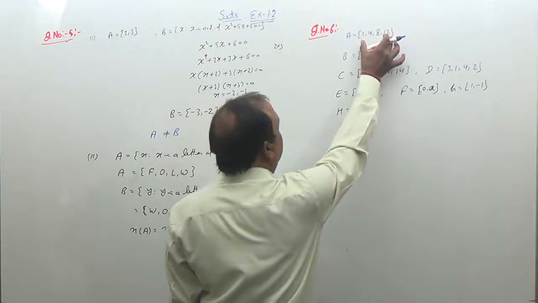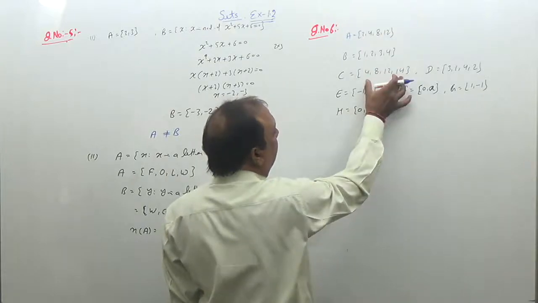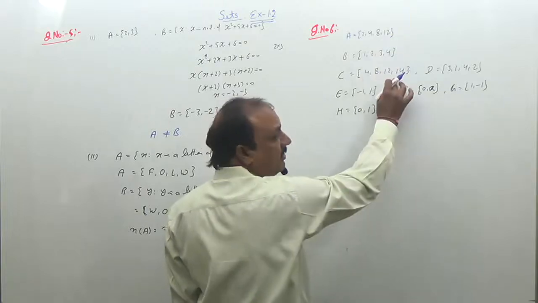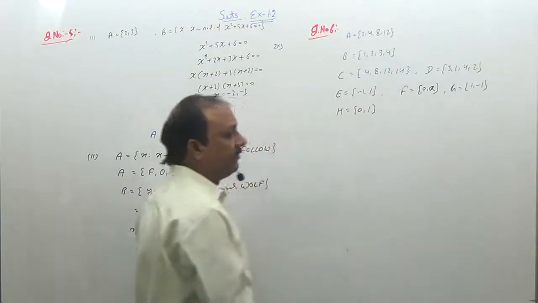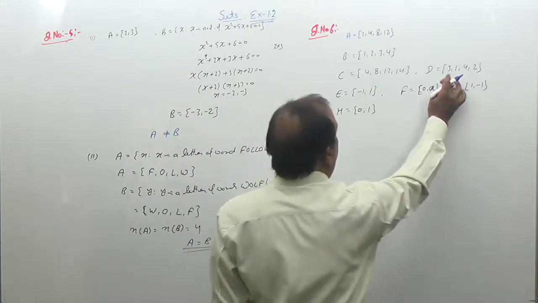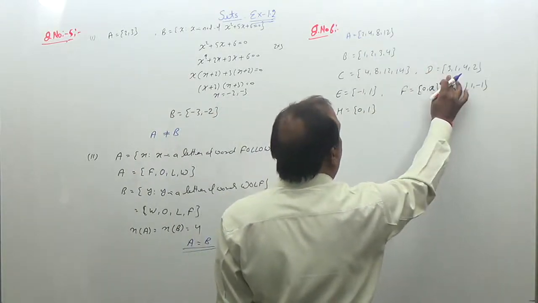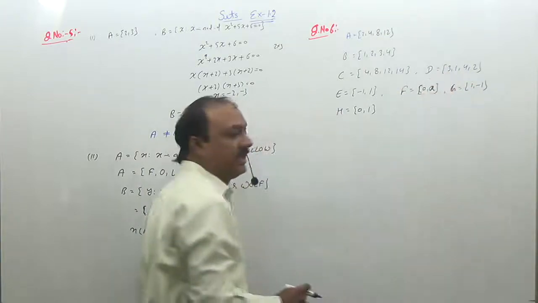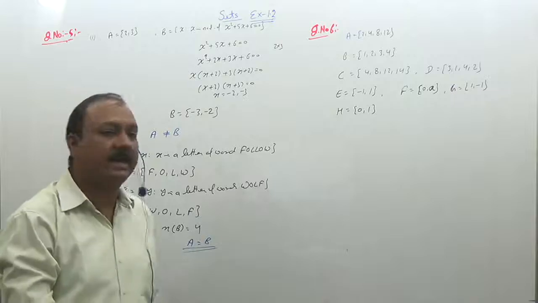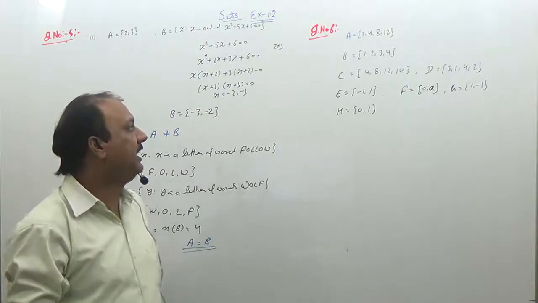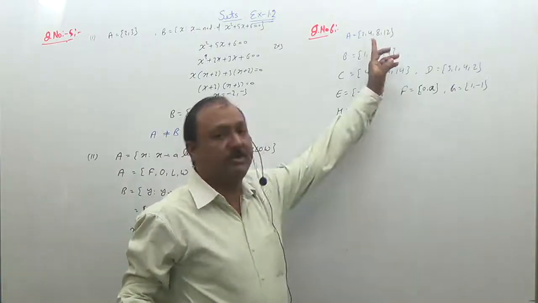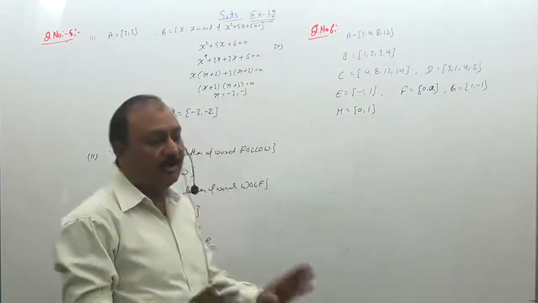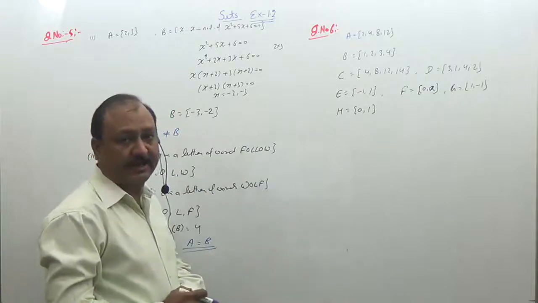Now compare sets A and C. Both the sets contain an equal number of elements, that is 4 elements इसमें 4 इसमें, but the elements are different, so A is not equal to set C. Now compare A and D. So A and D both have an equal number of elements, but they have different elements. 8 is a member of A, but 8 is not a member of D. So A यहां पर D के भी equal नहीं होगा, और A, E, F, G, H इनके तो equal होना ही नहीं है, because there are 4 elements and these sets contain 2 elements. So there is no set which is equal to set A.